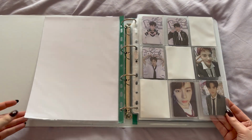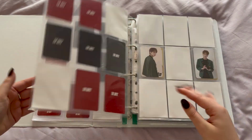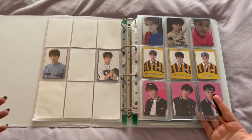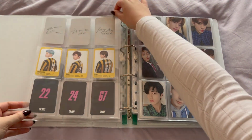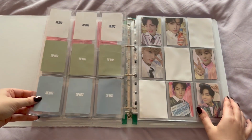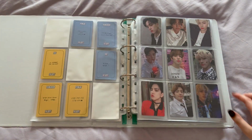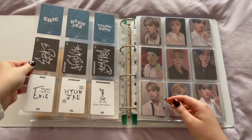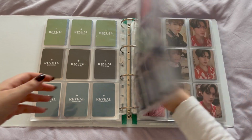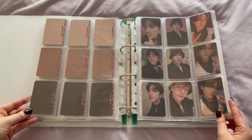A lot of this is the same as the last video, I think. So yes, I have these now. These are new, the limited cards, and then Sphere, No Air, Bloom Bloom, and DDD, and Reveal, and the film strips from Reveal, and then we're on to Chase, so version 1, version